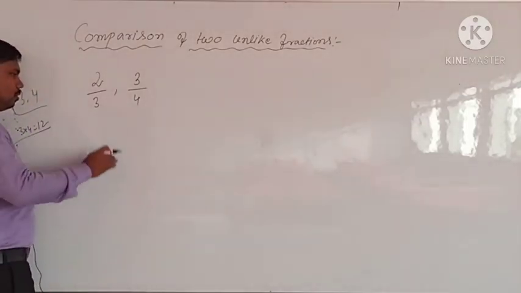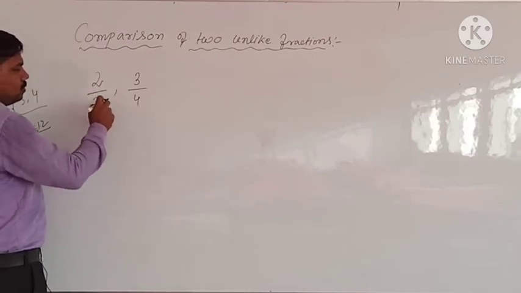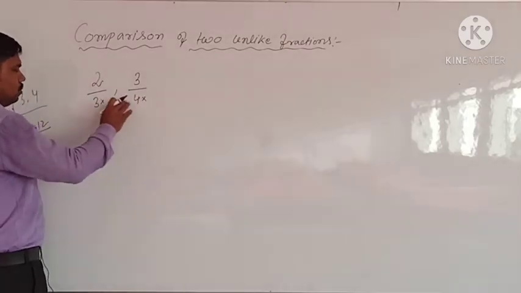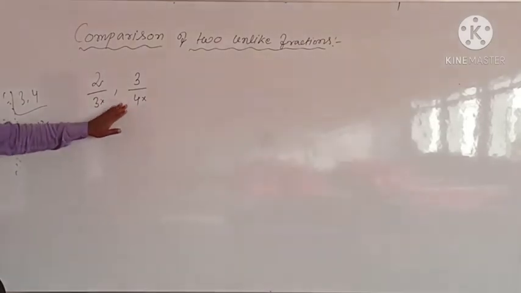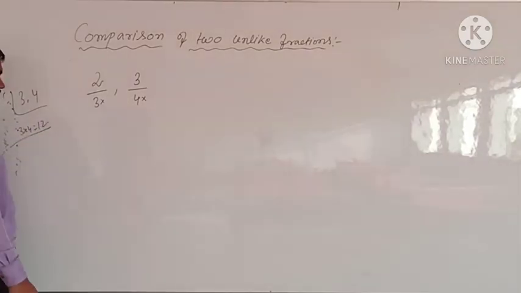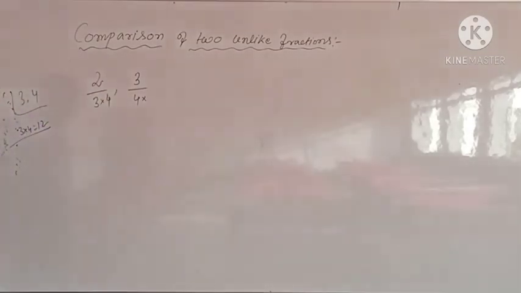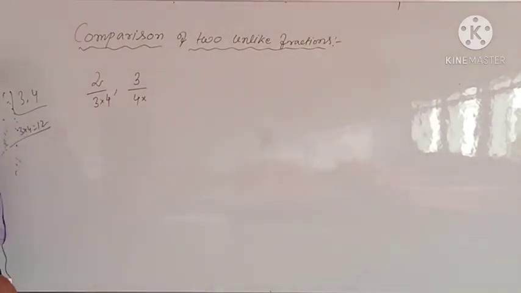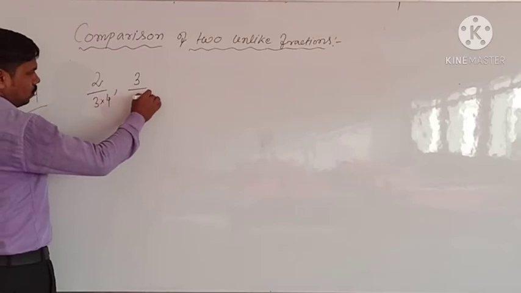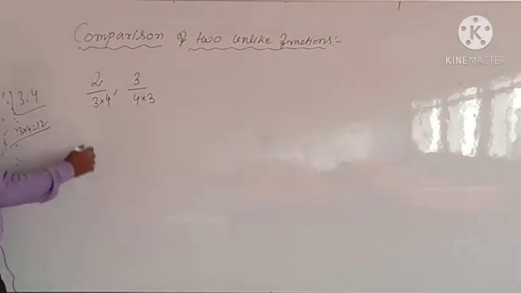Then you have to multiply this number and this number also, and you have to make 12. इस डिनोमिनेटर को भी 12 बनाना है, इसको भी 12 बनाना है। तो इसको 12 बनाने के लिए हम लोग कितना से मल्टीप्लाई कर सकते हैं? 3 4 और 12, तो 4 से मल्टीप्लाई कर सकते हैं, ठीक है। और इसको भी 12 करने के लिए हम लोग कितना से मल्टीप्लाई कर सकते हैं? 4 3 और 12, राइट।